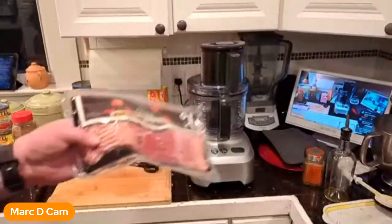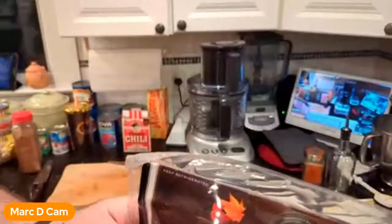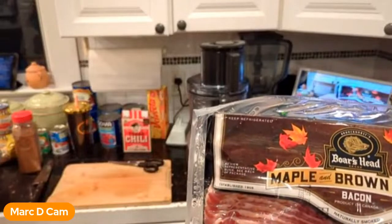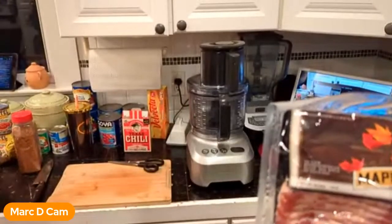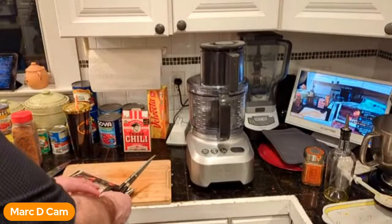All right, so hopefully we won't lose the camera, but we want to do bacon wrap. The bacon wrap meatballs. Don't buy thick bacon. That's really all you need to know. Don't buy the thick bacon. It's no good, because it's not going to cook right. So what we've got to do here is just...